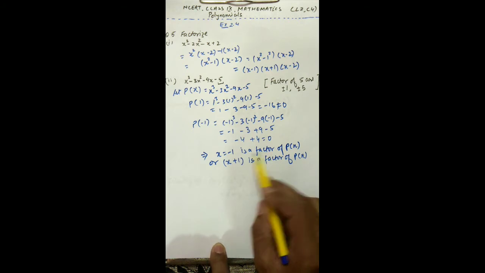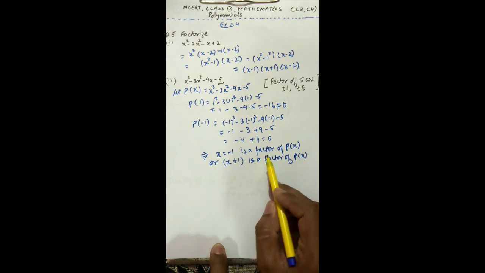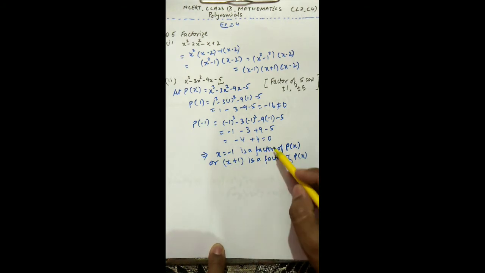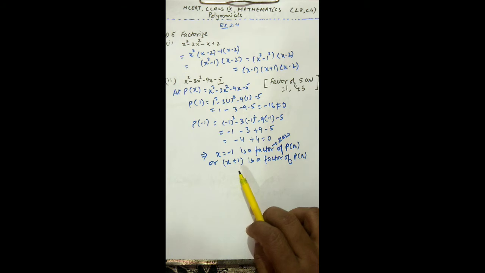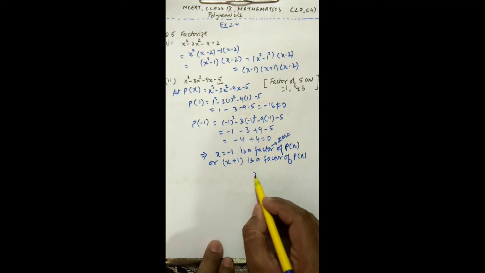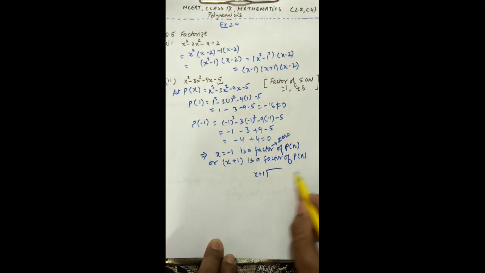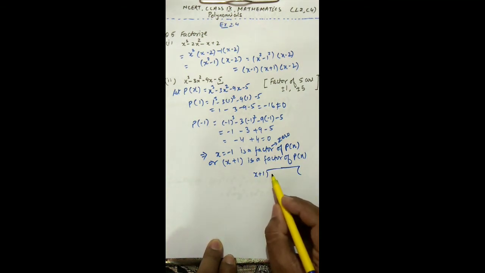Rather than say factor, we say this is the 0 of the polynomial. So we can change this also. We can say this is 0 of the polynomial. But in the next line, this is sure that you can say x plus 1 is a factor of p(x). Now after getting the first factor, we will go with the long division, x plus 1, and we'll take this